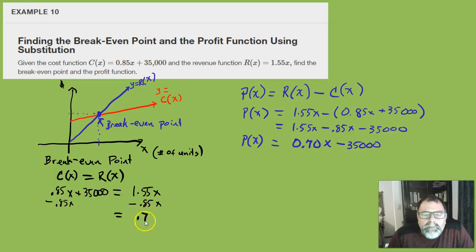So that's 0.70X, or just 0.7X, equals 35,000. So see, if you set this equal to 0 and solve it, your first step would be to add 35,000, which will get you to here. Now we're going to divide by 0.70. So X equals,